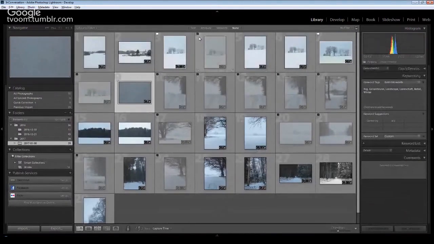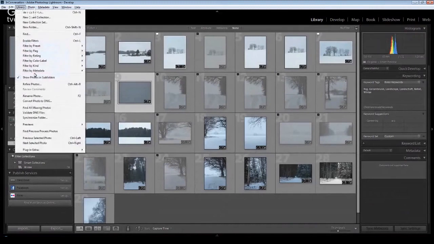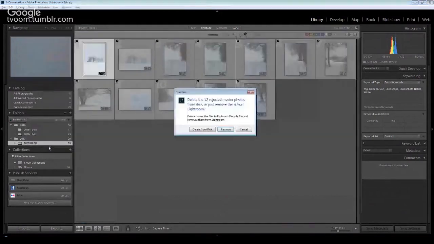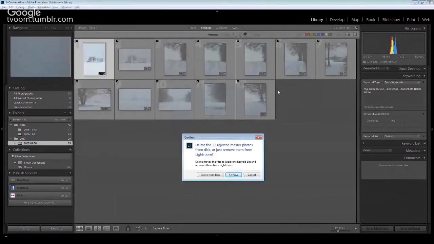We have rejected those shots, right? Rejected. And so we have to be in the library module, library, and no, photo, right? Photo, delete rejected photos, or control backspace. And it shows all the rejected photos, and we can say either remove them, so they will be removed from